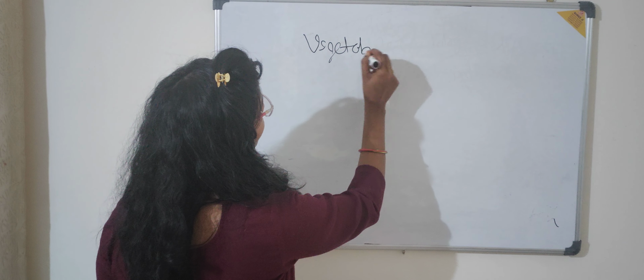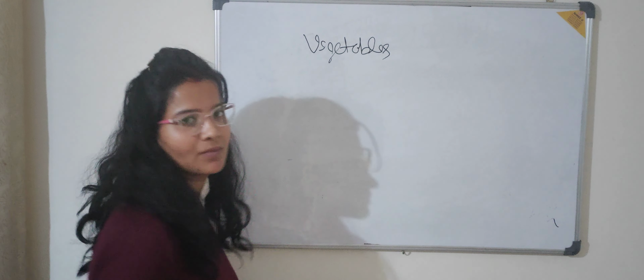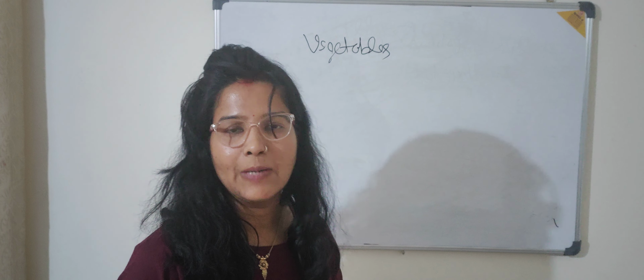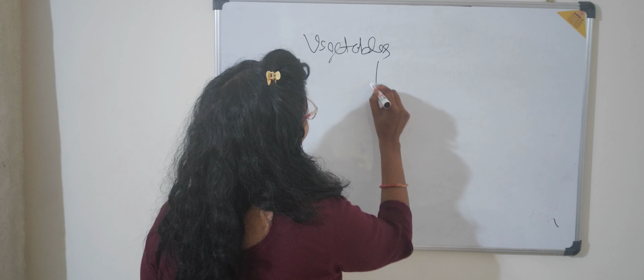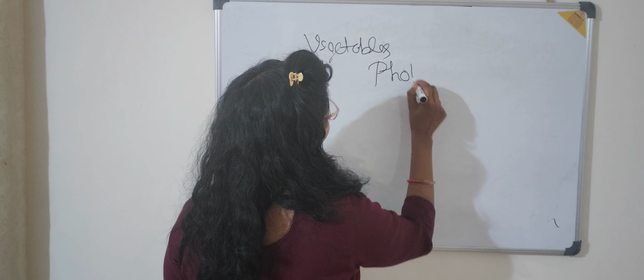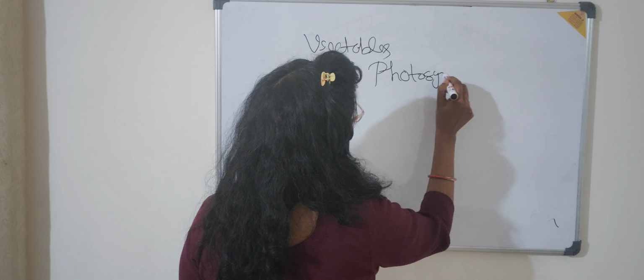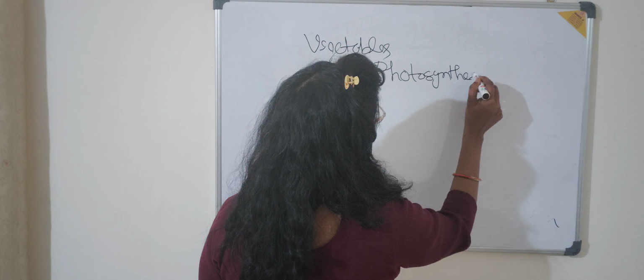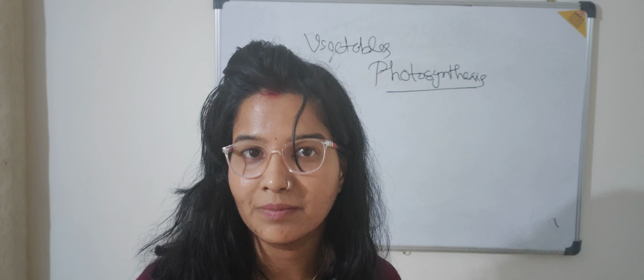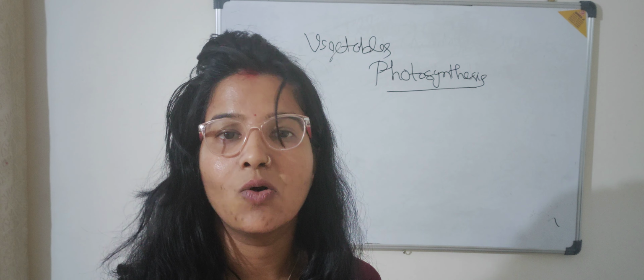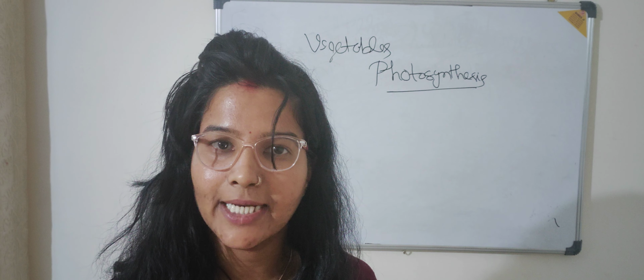Do you ever think how we get vegetables? From plants always. But do you ever think how plants make their own food? Photosynthesis. So now today's topic is photosynthesis. What is photosynthesis? The physiochemical process by which plants make their own food, and we get that food in the